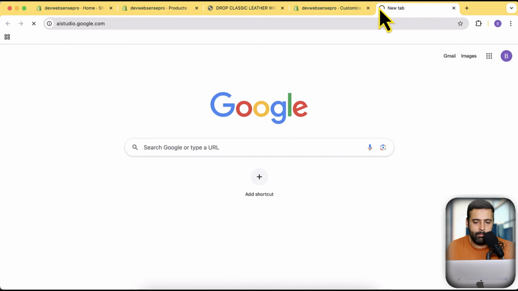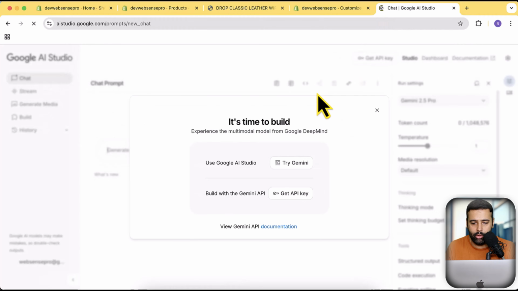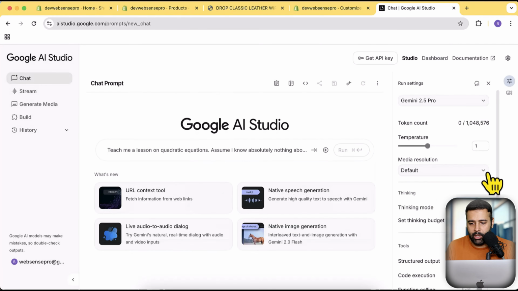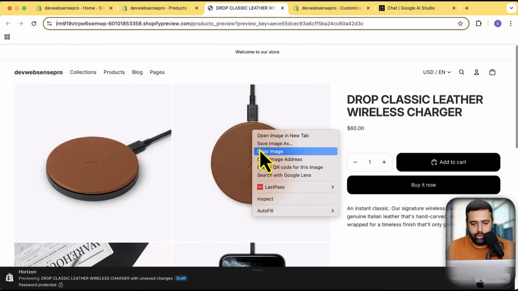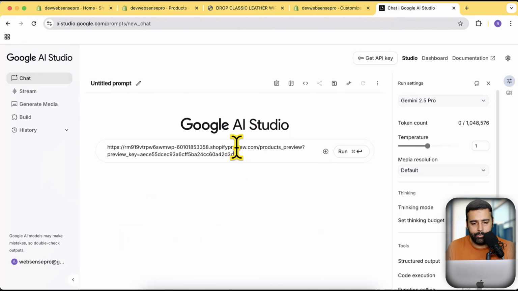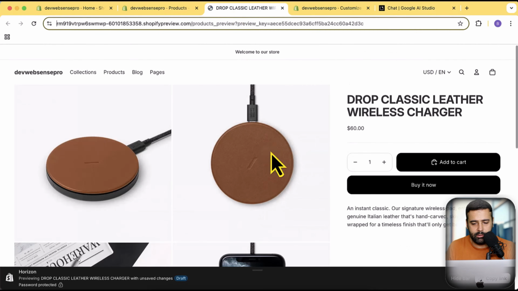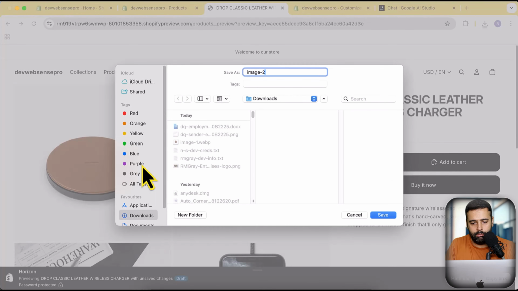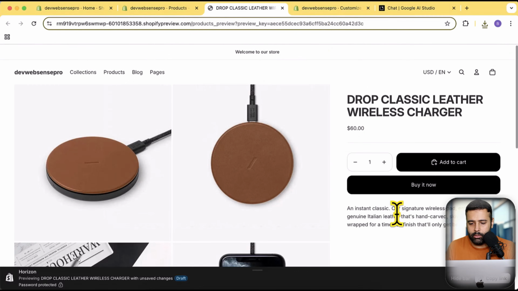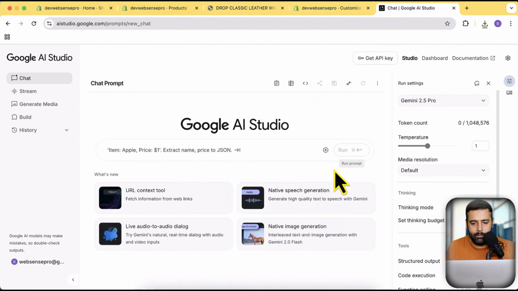aistudio.google.com, which is a powerful model with 1 million context window. So here you can see that we have 1 million context window, and we can add images, videos, a lot of stuff. So I'm gonna give this image to my LLM, and I'll have to save the images. And then give my LLM the images. I'm gonna upload the file,